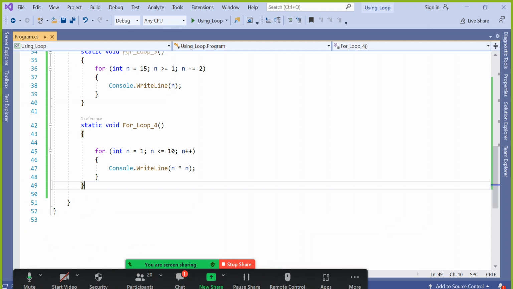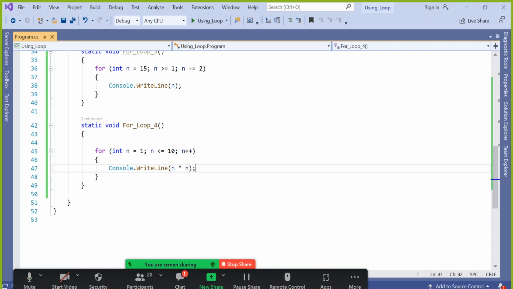So sometimes we might not know the start value, though we know the end value, or we might not know the end value, though we know the start value, or maybe we know both of them but have no idea about the step value, or we might be asking the user to enter it, how much you want to increment or decrement every time, where you want to end up,